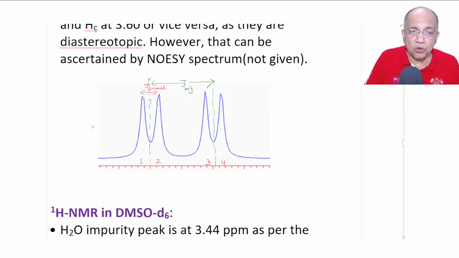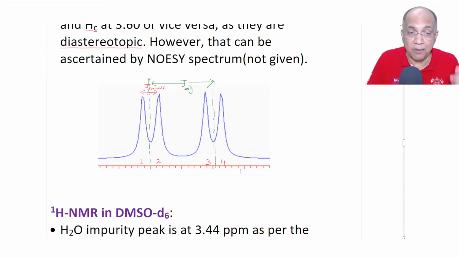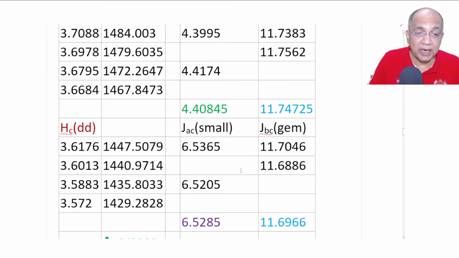Similarly, to find out the difference between the two midpoints, you can go for two values. You go half a place to the left, half a place to the left. So 1 minus 3 will give you one big J value. Similarly, 2 minus 4 will give you the other big J value. So we can average out. We have done that and we have found out,